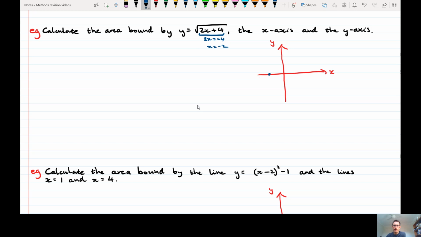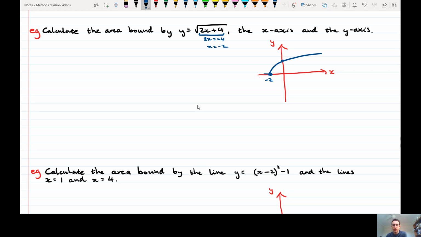So it's going to start at -2 here. If I let x equal 0 for the y-intercept, that disappears. So you get square root of 4, which is 2. So we have, that's the graph, and it says bound by the curve,